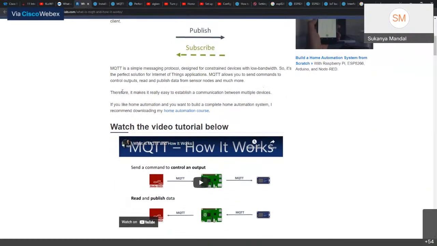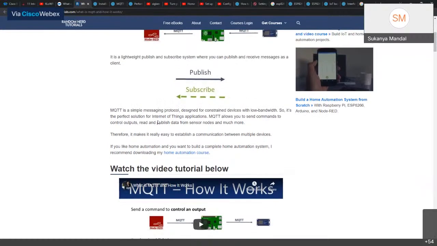Basically, MQTT is a simple messaging protocol designed for constrained devices with low bandwidth. Again, MQTT is used widely as it consumes low bandwidth and is capable of transmitting a good amount of data.